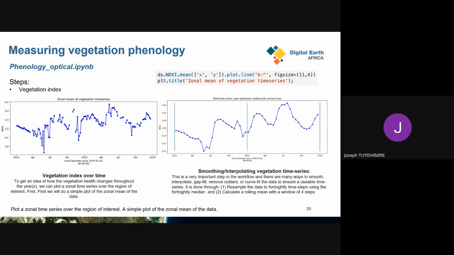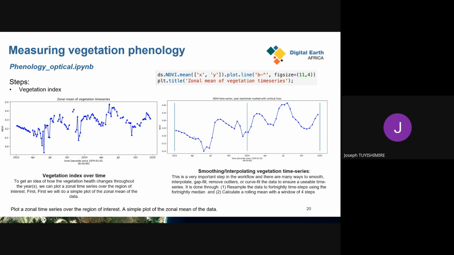This was due especially to the fact that some of the images were cloudy and were left out during our analysis.